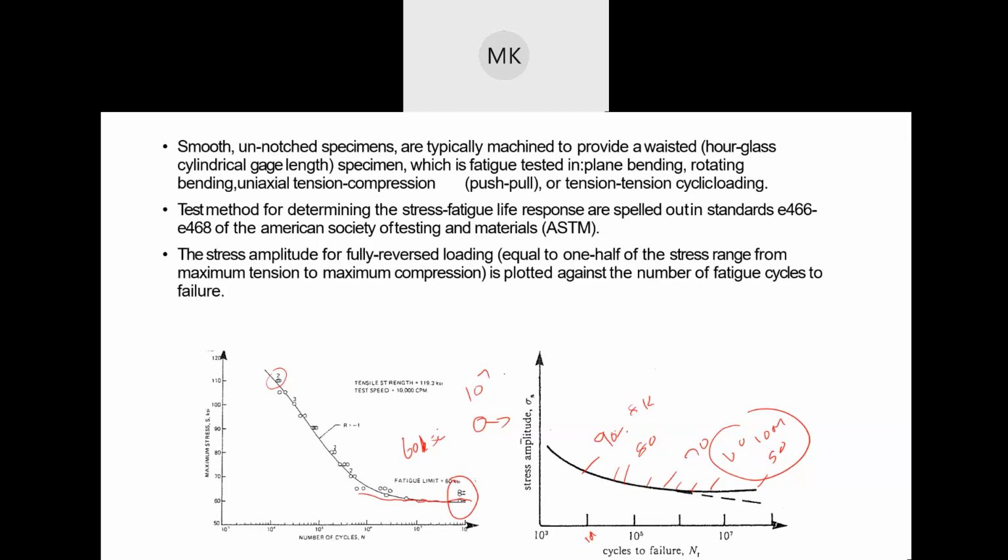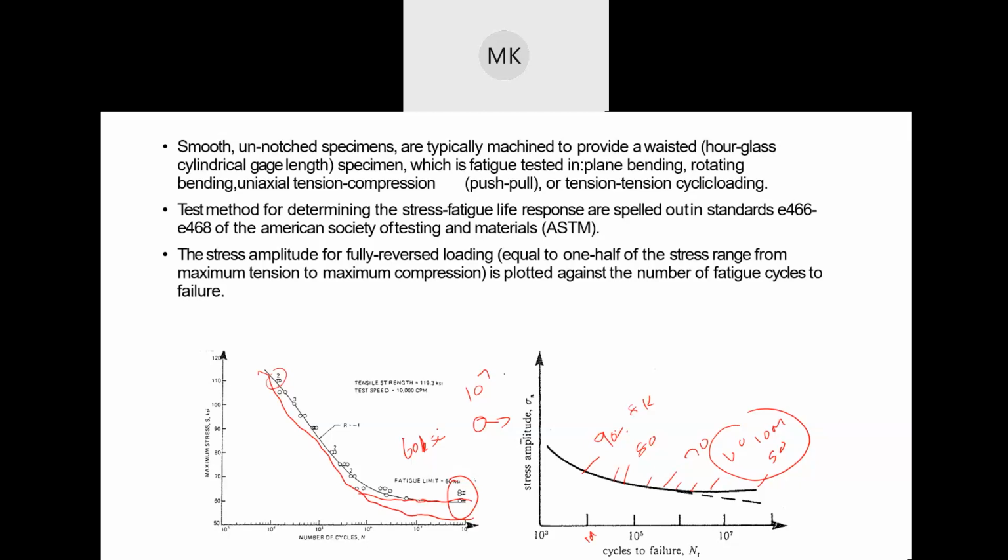The same thing can happen. So this is for steel. Any high strength material, high strength steel, and every face-centered cubic material is not going to flatten out. It is just going to keep reducing with stress applied. So as you reduce the stress, the life keeps going up, but there is not going to be a flattening point where the saturation happens in the fatigue life of the material. So by just looking at the